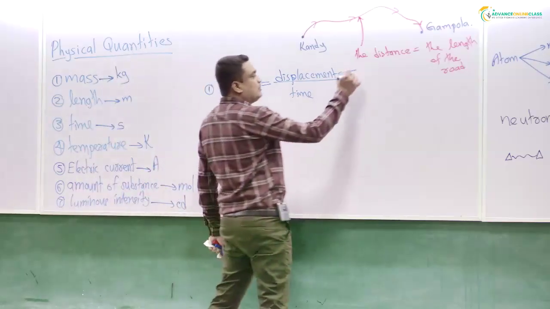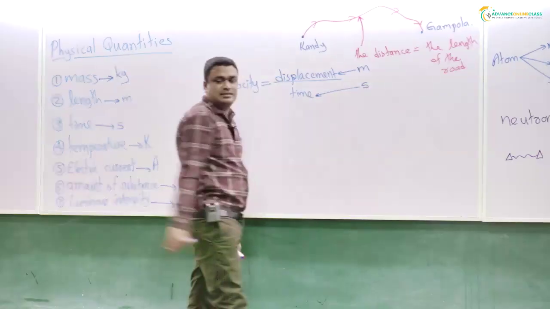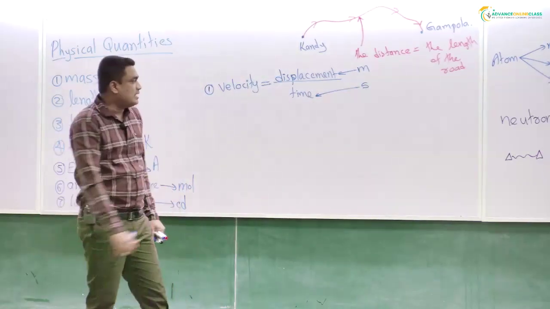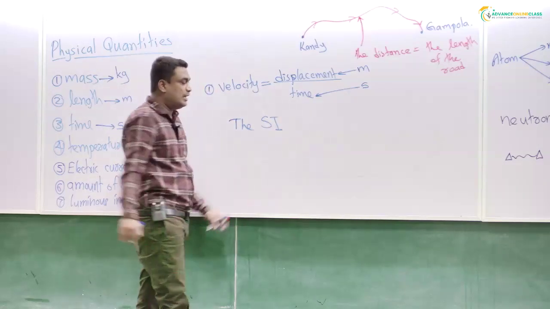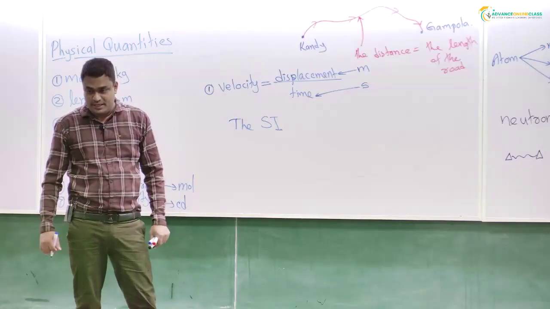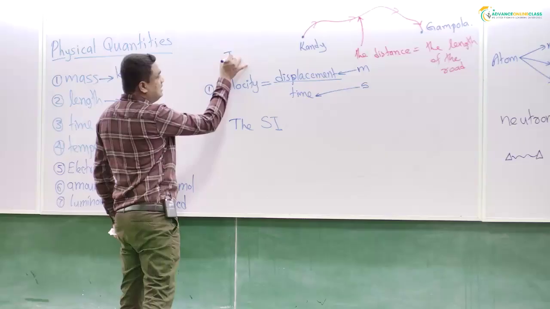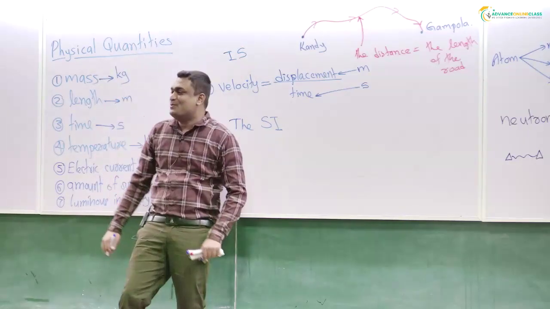So what is the unit of a length? Meter. Time is measured in seconds. Got it? So what is the SI unit? International system of units. If it is the International System of Units, it should be written as IS, but we use SI. Why is that?